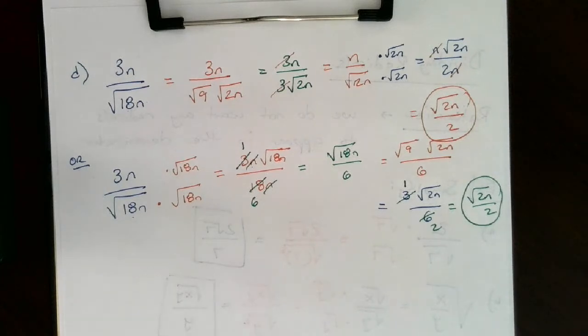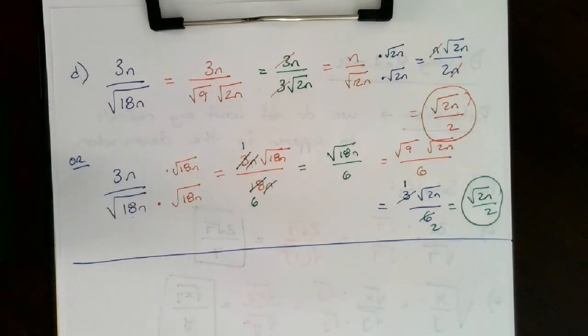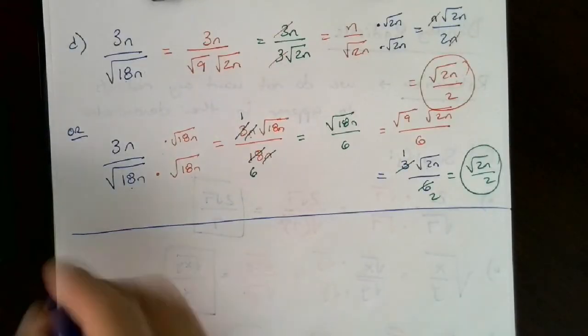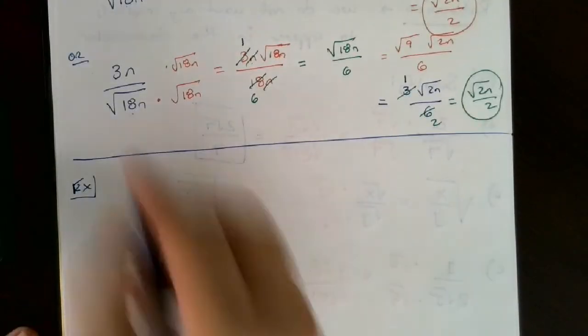Let's talk about what happens when you have higher powers. When you have a square root, it was easy enough just to multiply by the exact same root you saw, because when you multiply a square root by itself, the base on the inside becomes a perfect square. But if the power is higher, you really want to talk about what would make it a perfect power of the index. So for this example here,